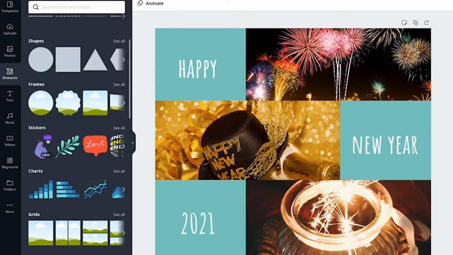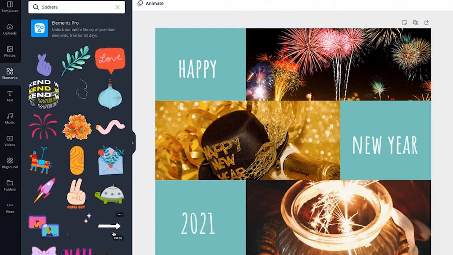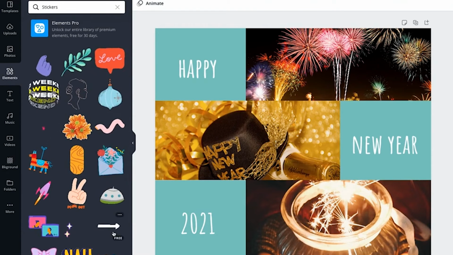Frames, and now you can see stickers, right? So this is a small list of the available stickers in Canva. We will also talk about all the above elements, lines, shapes, and frames in another video. But for this video, let us stay with our stickers. So I want to see all the stickers that are available. So I'll just click on the small icon, see all, just beside stickers. So if you click on it, you will find a wide range of stickers that are available for you.